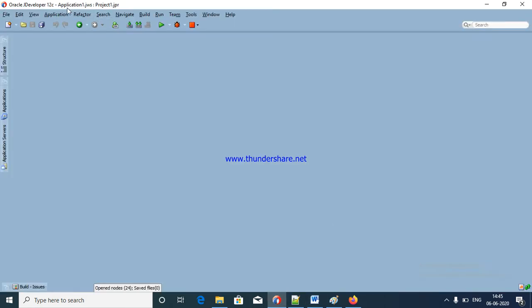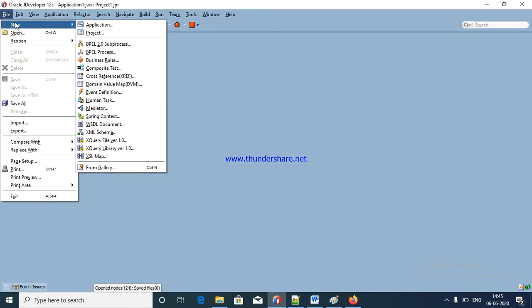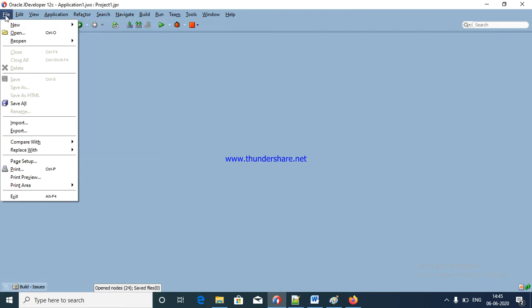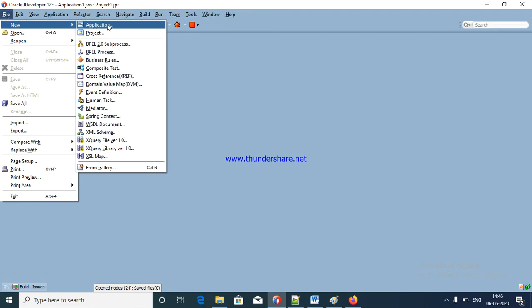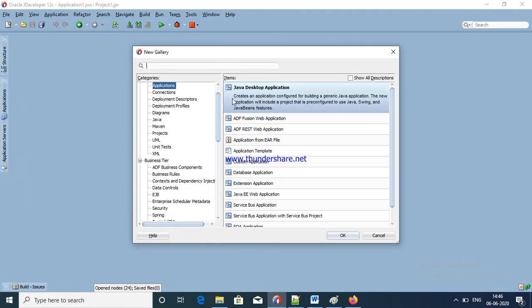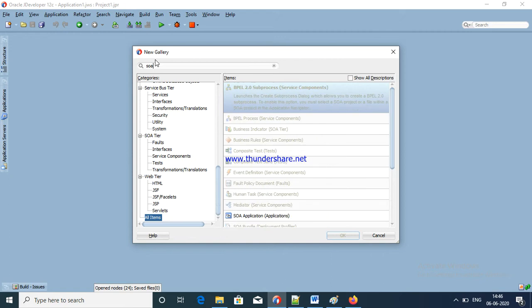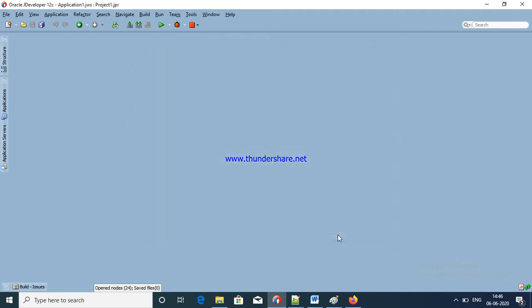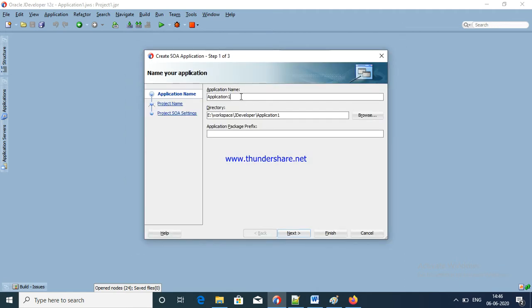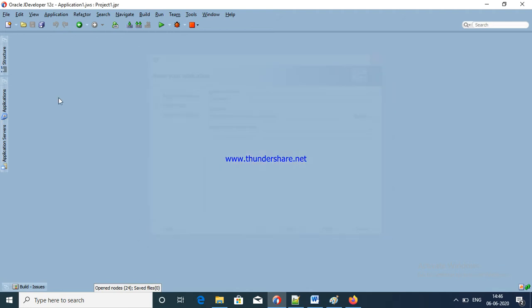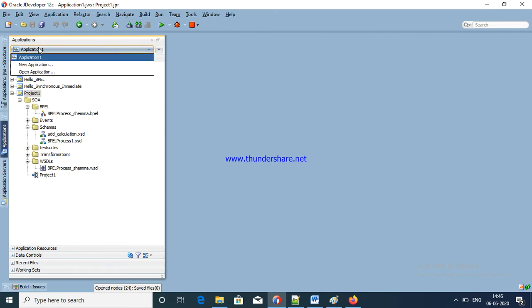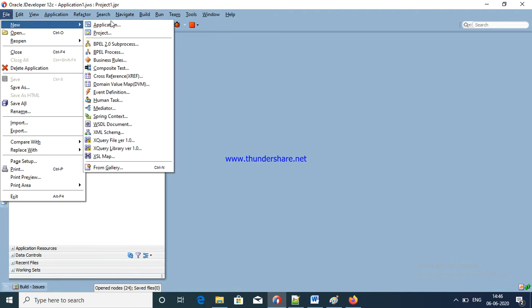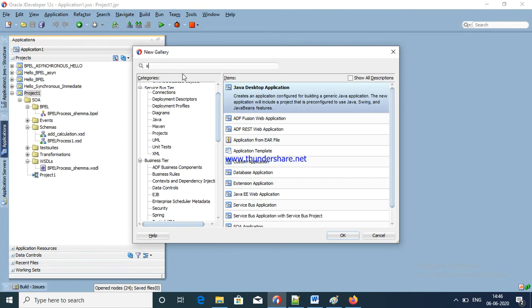Now I am going to discuss the XSD we are going to use in the BPEL project. If you don't have an application, first you have to create an application. Now choose SOA, SOA project, SOA Tailor. See here, application content, projects. Now see here, the application already exists. Just wait, I am going to check here. The application already exists. Okay, if you don't have the application, you have to create an application.